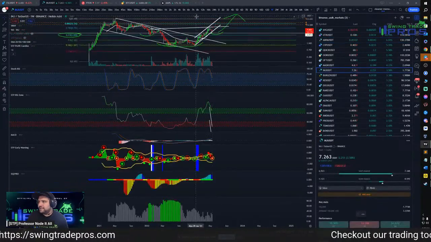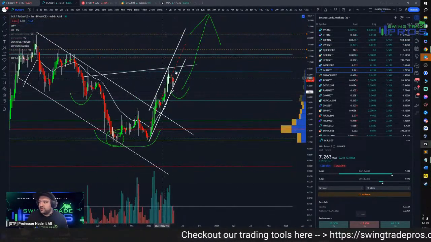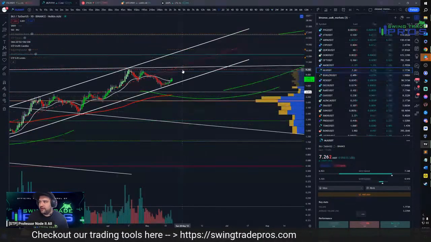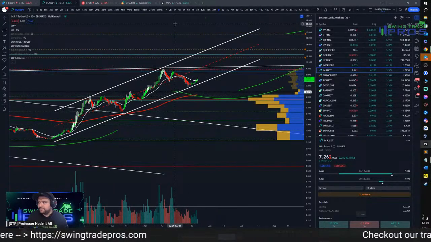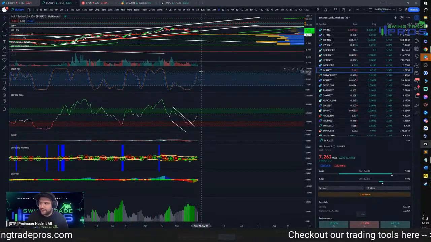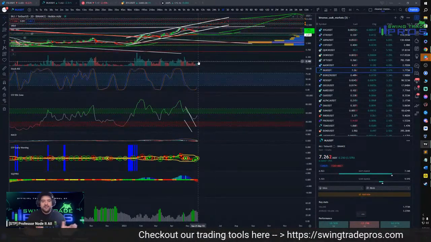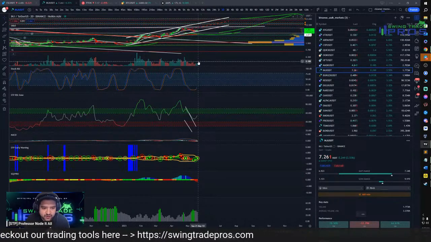Injective Protocol, you guys know, my favorite coin. Beautiful structure, holding the channel up here. This is going to trek back on up to about that 940 region. You guys can clearly see that this channel is being respected. And the daily momentum swinging back up, the 2-day momentum's just swinging back up. Like, this is the type of stuff, guys. If you understand how to read the momentum on the charts,